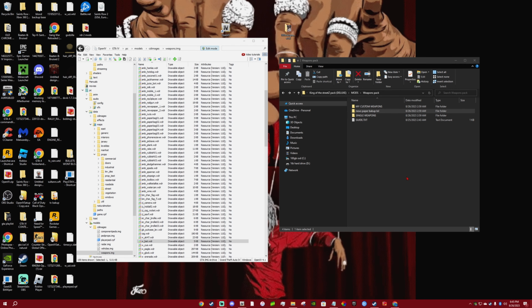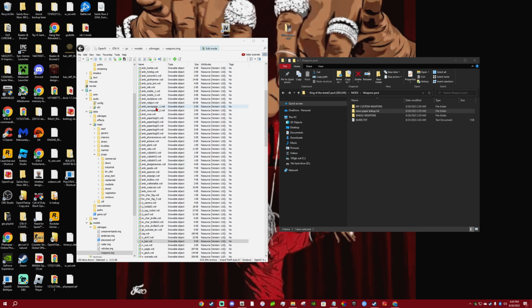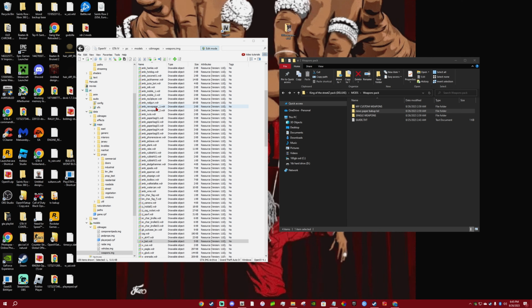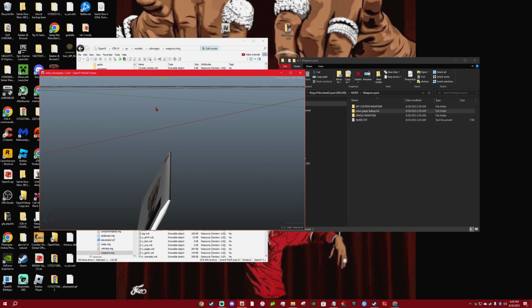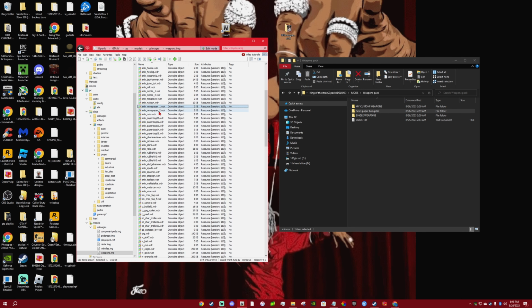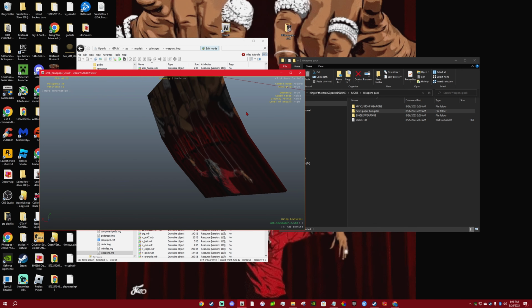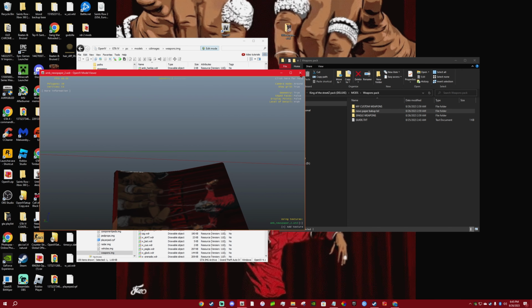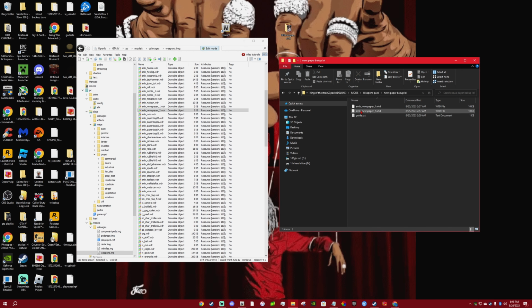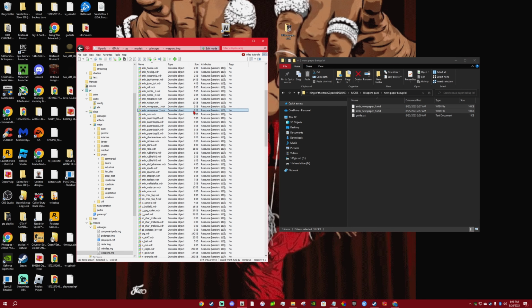Yeah, so the newspapers, you can replace these if you want. I put custom newspapers in the game, and I forgot to take them out when I made the pack for King of the Streets. So this is some of the newspaper textures that the NPCs will be walking around with. It's just album covers and stuff like that I replaced. So if y'all want regular newspapers in the game again, just double click the newspapers here, and you want to drag and drop them, and then they go back to normal.